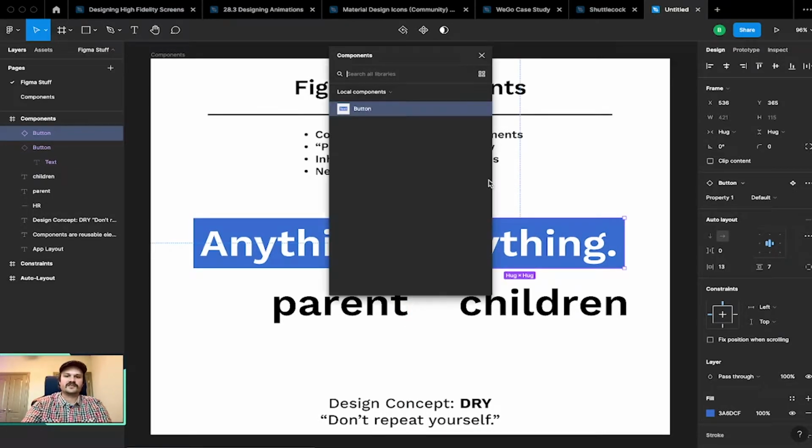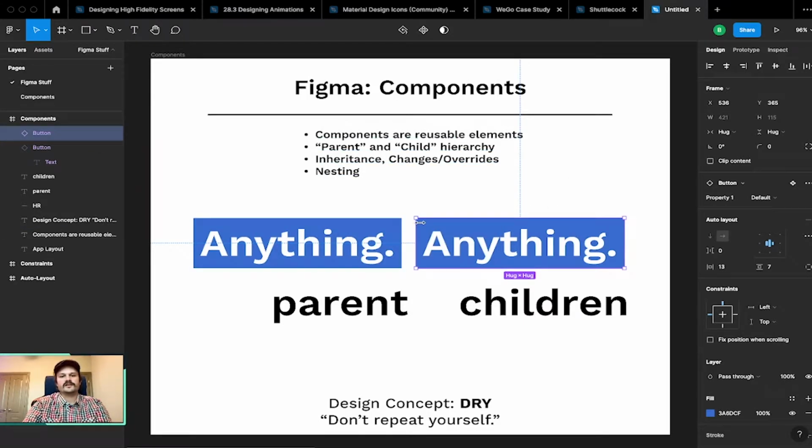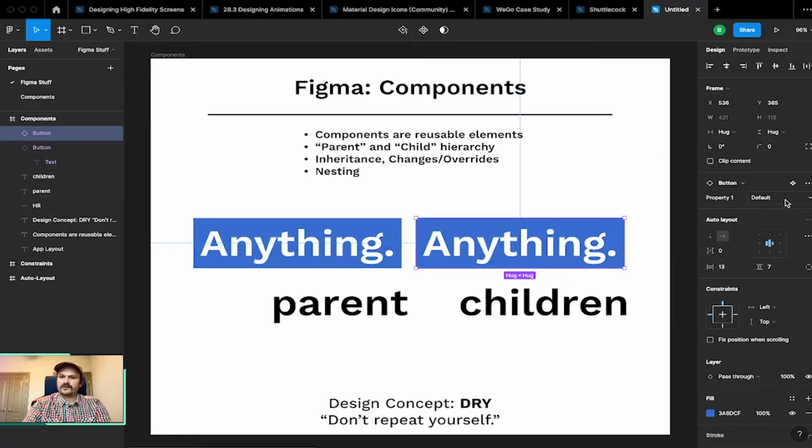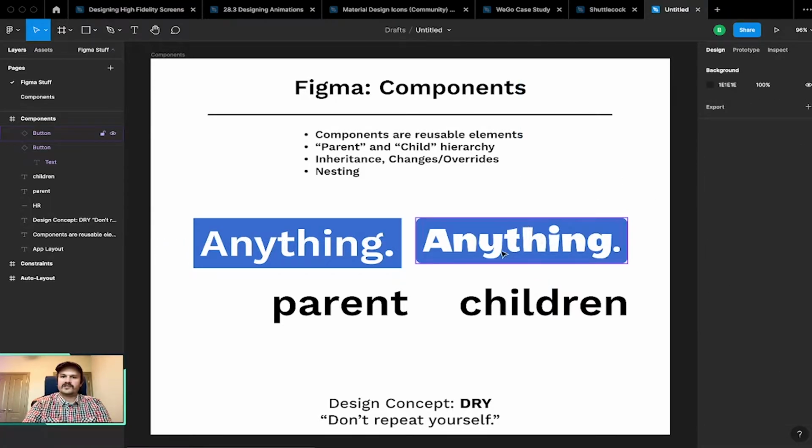I could duplicate it, I could hit Shift-I, any number of ways to create a copy of this instance. And so we have this instance, and this line of text right here, it says property one and value. That will not appear if the component or the instance you're looking at has no variance. But in this case, we have a variant, which I renamed CR for corner radius. And so selecting this child, this instance, the drop-down box here, default, we will select CR, and it changed, which